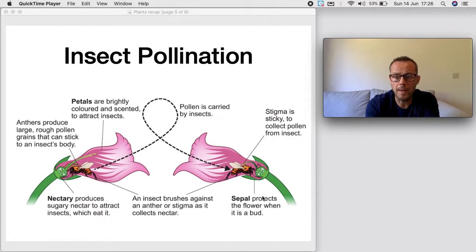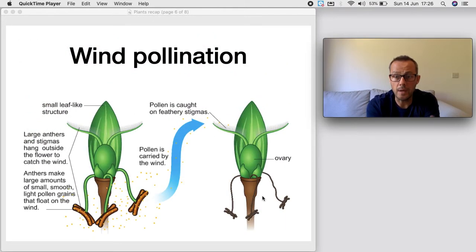Those insects fly to another flower, transferring that pollen from one to the other. Now, not all plants will transfer pollen through insect pollination. So the other way of pollinating plants is wind pollination. Here you'll see that there aren't bright colours and there are no strong scents because there's no need to attract insects. But what is different is the